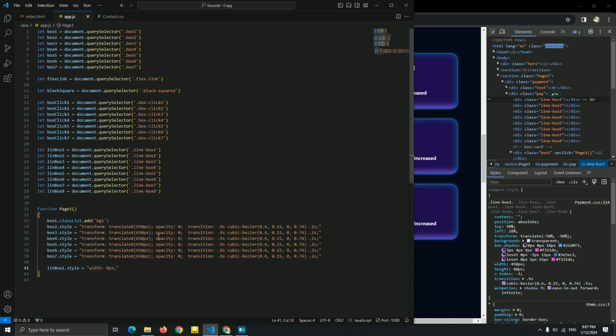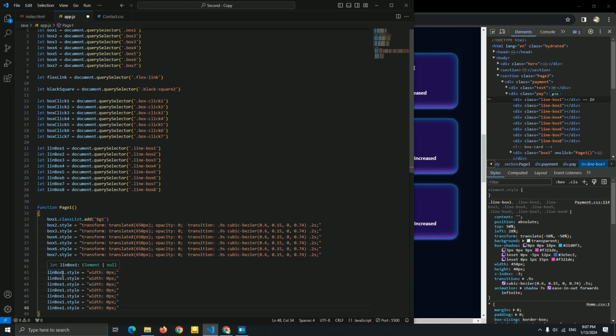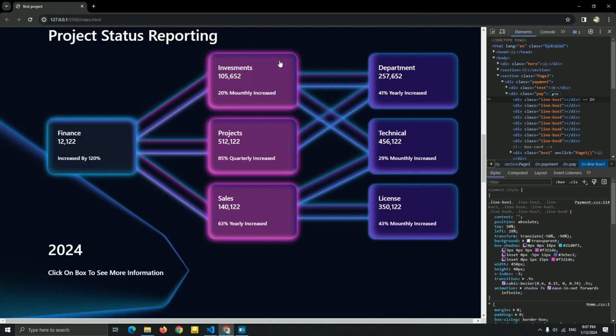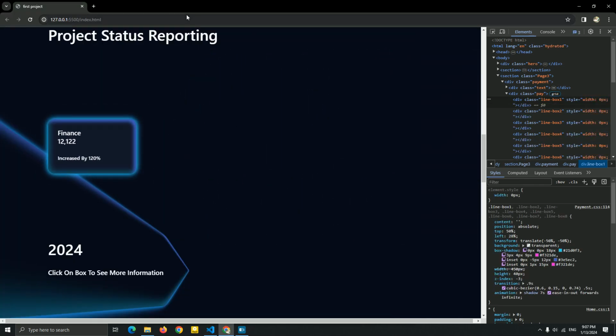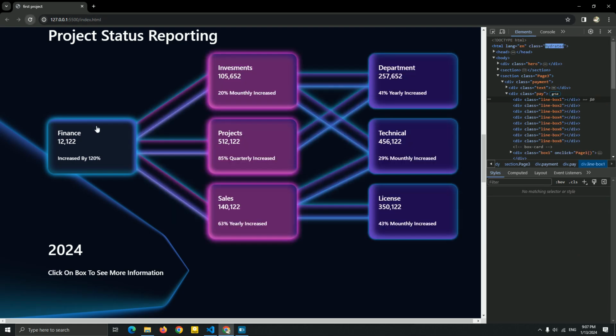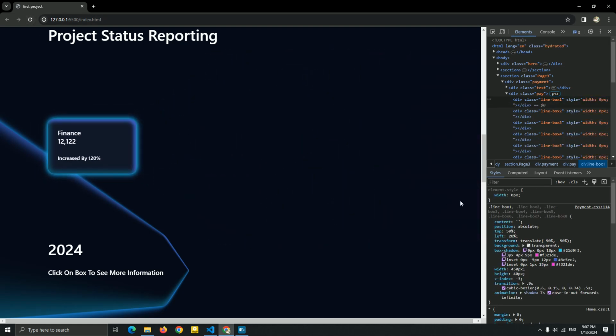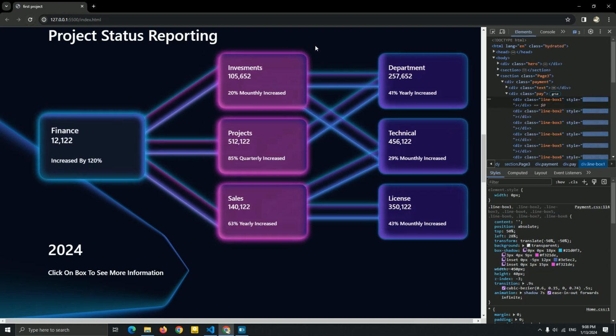0 pixel. Now let's see it, and let me just add a box 2, box 3. Let me call it all of this line 3, 4, 6, 7, 8. Okay, now let's see it, guys. As you can see, we just hide this line, and I think the transition of this line is not good. So let me see. I'm gonna fix it later, but now let me just continue, guys.